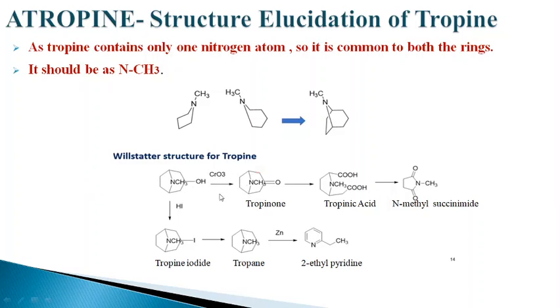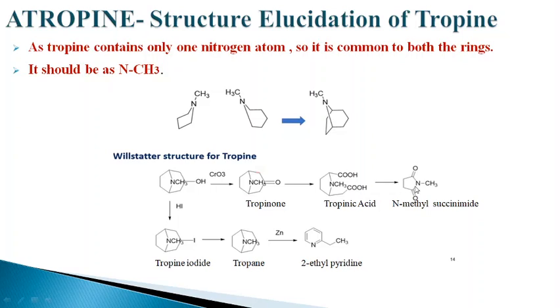As you can see, this is the probable structure, or Willstatter structure, for tropine. When subjected to chromic oxide, Kunroth oxidation, it forms tropinone, which on further oxidation and degradation forms a dicarboxylic acid. As you can see, this degradation has resulted in the opening of this ring, converting it into a dicarboxylic acid. This means that one ring of the bicyclic structure has opened or degraded, giving tropinic acid,